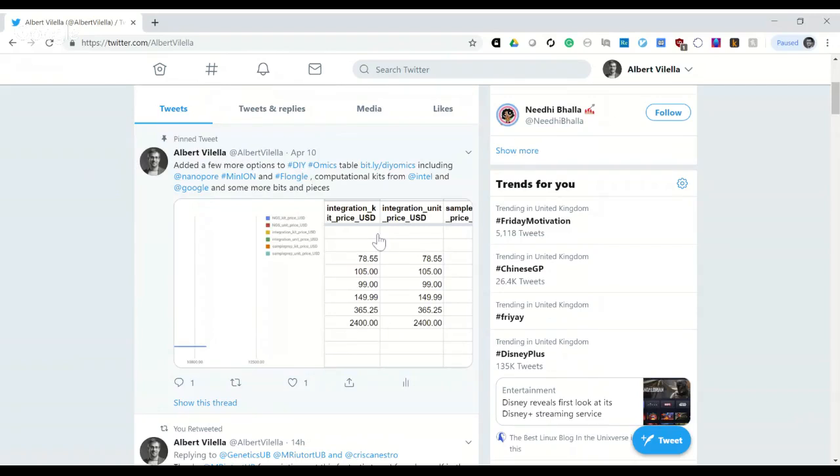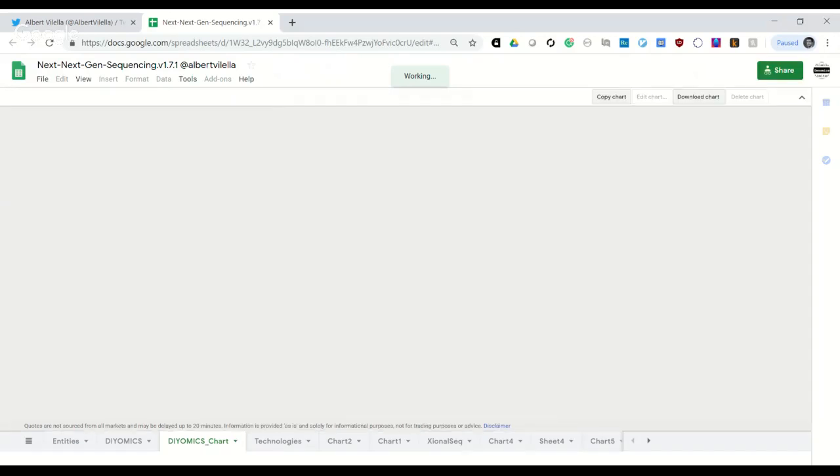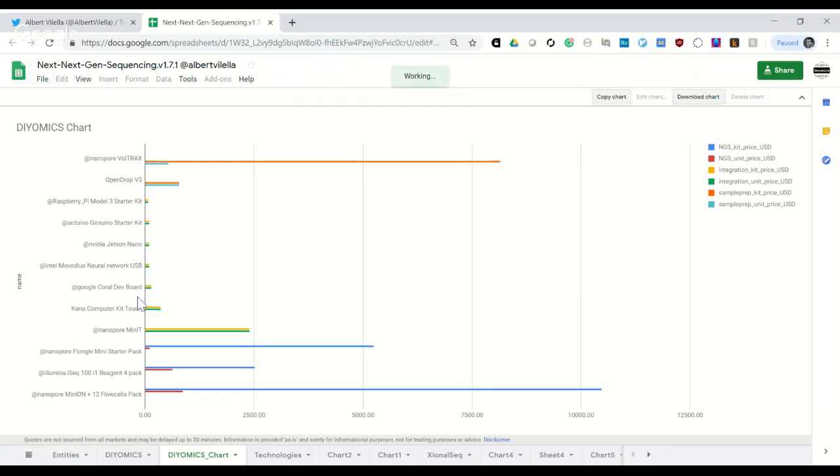And what I've done is I started a table, which you can find at bit.ly/DIY omics. This table is a compilation of different elements that you can find out there to build your own do-it-yourself omics setup. It points to a chart of prices, and it's got two columns, the kit column and the unit column. And the main motivation for creating this table has been one of the announcements from